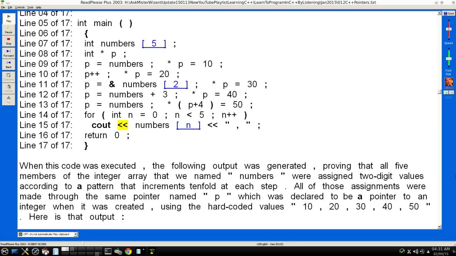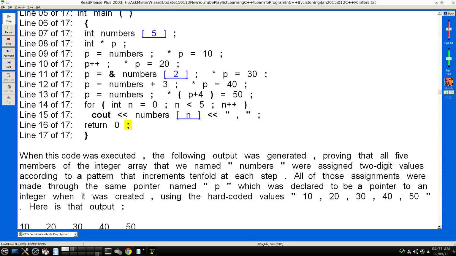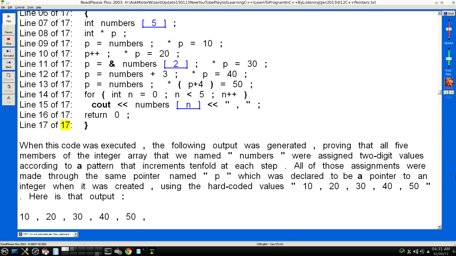Line 15 of 17: cout << numbers[ ] << ", "; Line 16 of 17: return 0; Line 17 of 17: }